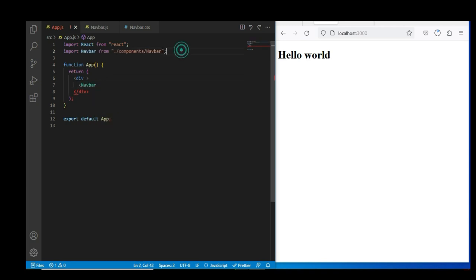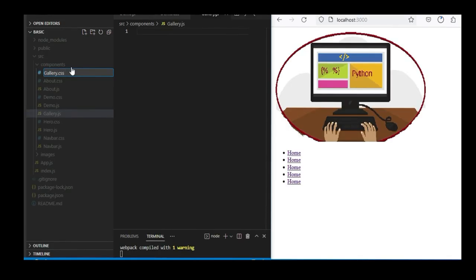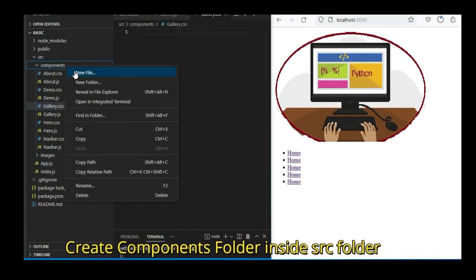This means that when we import this navbar inside the application, we make a connection between the navigation bar and app.js,